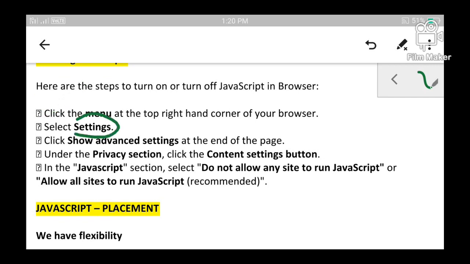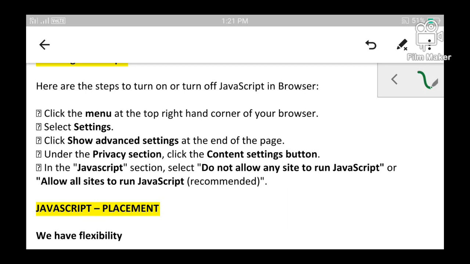Then click on show advanced settings. Once you click on show advanced settings, under the privacy section, click again on the content settings button.